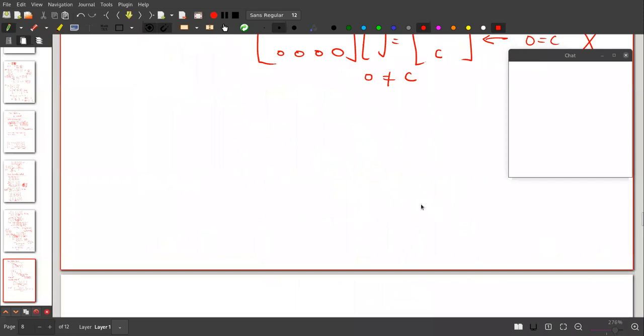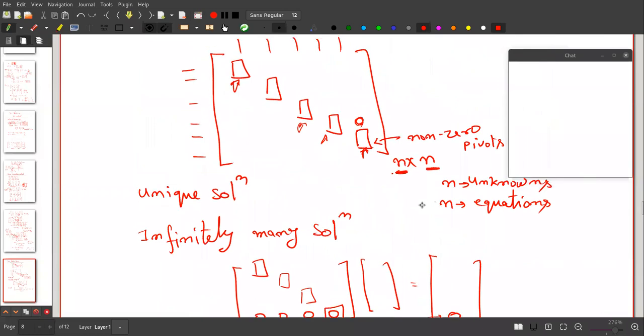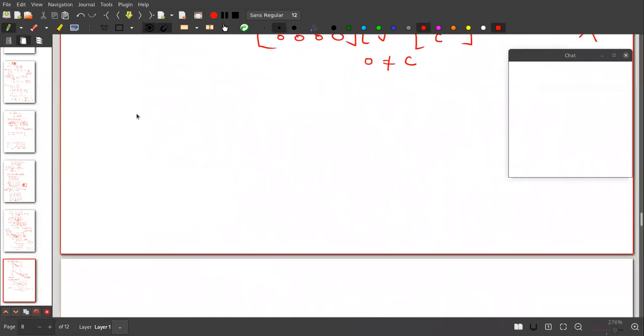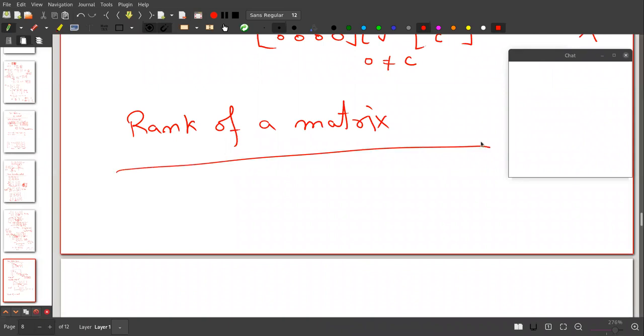Let's move ahead. So going to the end part, there comes the rank of a matrix. You will see that all these things are connected. You do not have to do anything else. All these things are connected. So we have the Gauss elimination method. We have reduced it to the upper triangular form. We formed the pivots. We made it into the row echelon form.